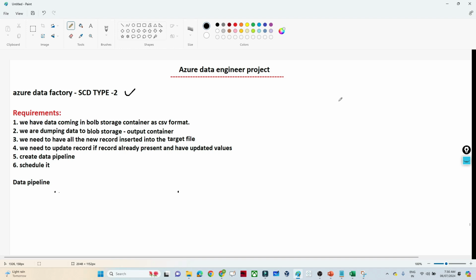So what is our agenda? We have a certain requirement, and based on that we have to build a data pipeline and perform an SCD type 2 operation. So first we will try to understand the requirements, and the second thing is what SCD type 2 is. We will also try to understand what SCD type 2 is, and then we will also try to understand